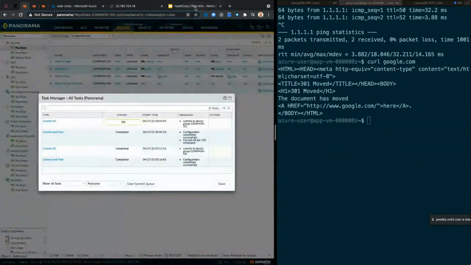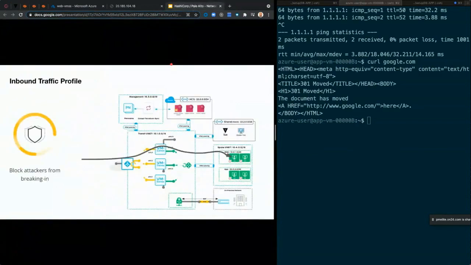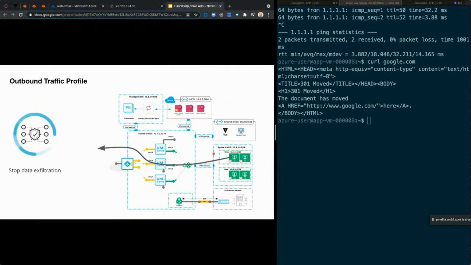So while this policy is getting applied, I want to just quickly zoom into the use cases we just discussed, right? So applying those granular application IDs into these policies allows you to allow certain kind of traffic. This might not necessarily be web traffic, right? If you have special kind of services running, you might want to create custom app IDs and make sure you are actually receiving the traffic you're intended to. And outbound, the same, making sure, for an example, instead of saying any outbound rule, you can say, I only want to allow traffic generating from the web dynamic group to the internet.